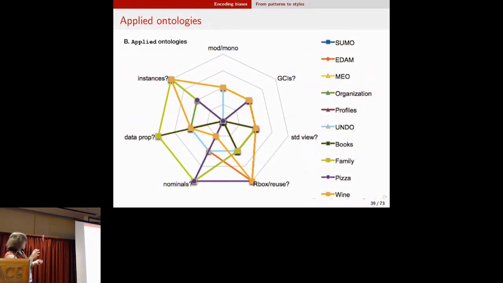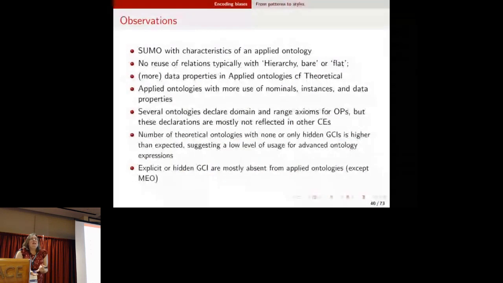So we put it nicely in a spider dynamic diagram. I can go back there and see, spot the differences. With respect to the differences, what we find interesting is that what is informally known as a foundational ontology like SUMO actually has all the characteristics of an applied ontology and not really of a foundational or theory-oriented ontology. There is no reuse of relations typically, with this hierarchy, bare or flat kind of structure that